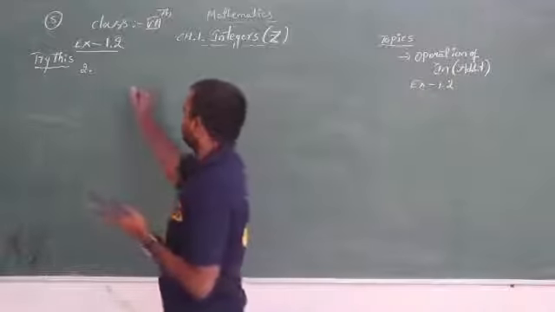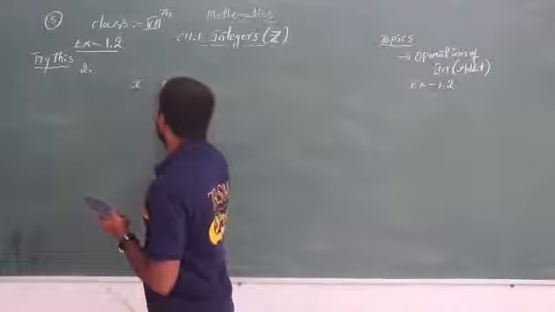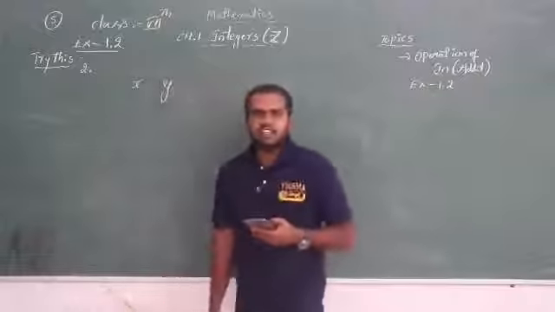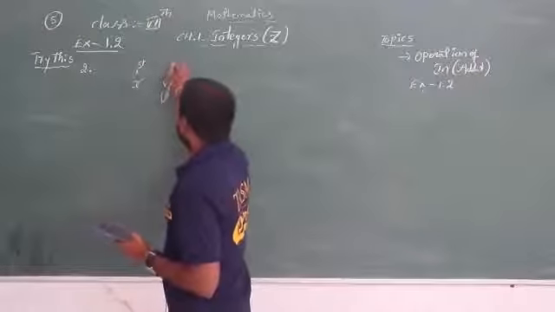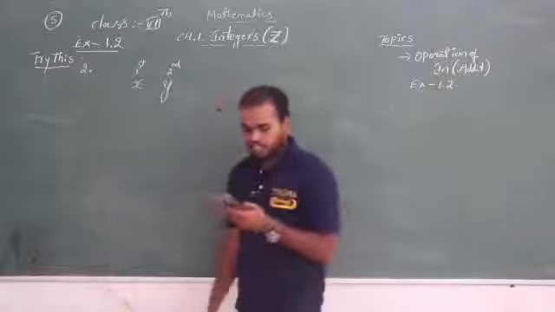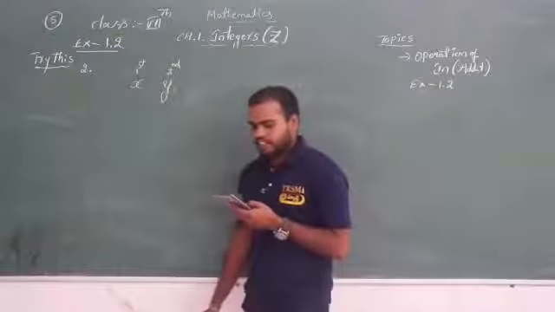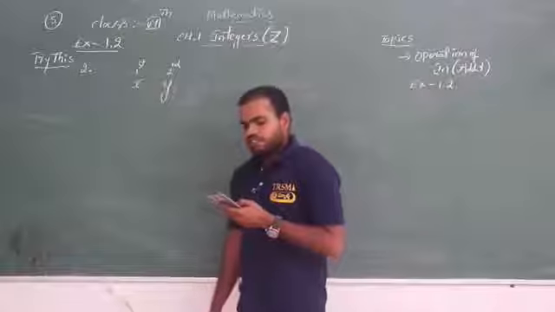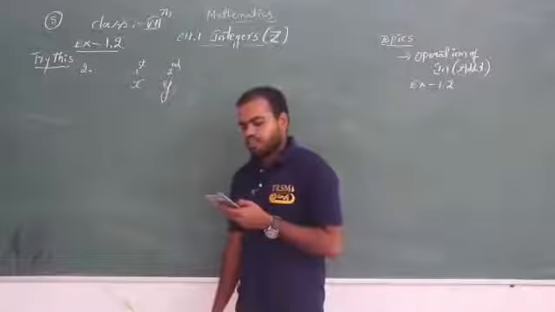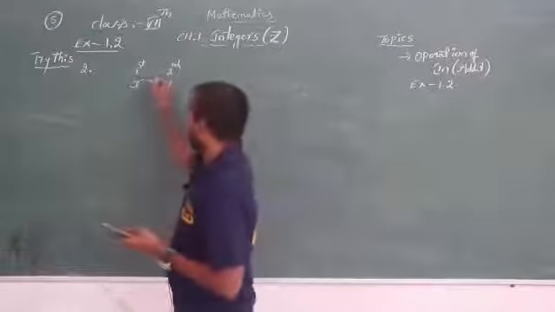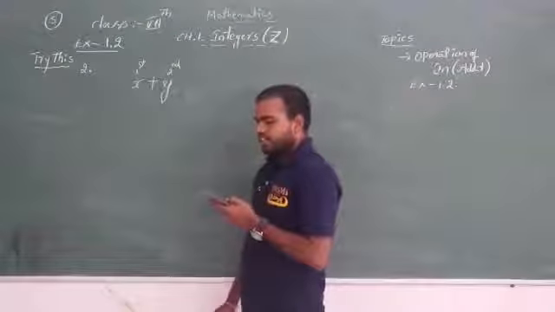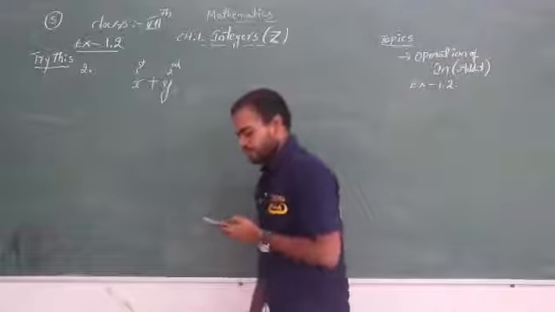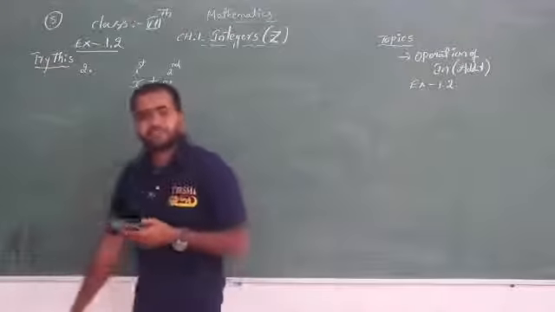So Sangeeta is saying that she has taken two integers. The first integer I took x, and the second integer I took y. Now what she is saying is, if you add these two integers, the sum is greater than the numbers. Is Sangeeta right?